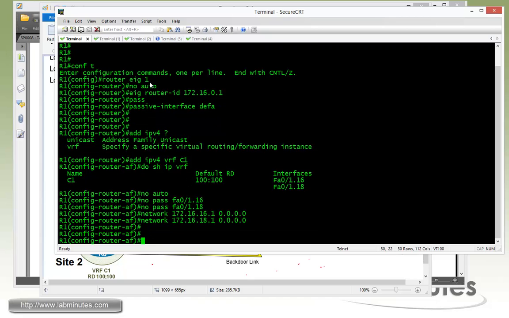Okay, and one thing I want to point out is this AS number for this particular EIGRP routing process doesn't really have to match the other side, because this same router might be serving multiple customers that use different AS numbers for the EIGRP routing process. What really matters is to have a command